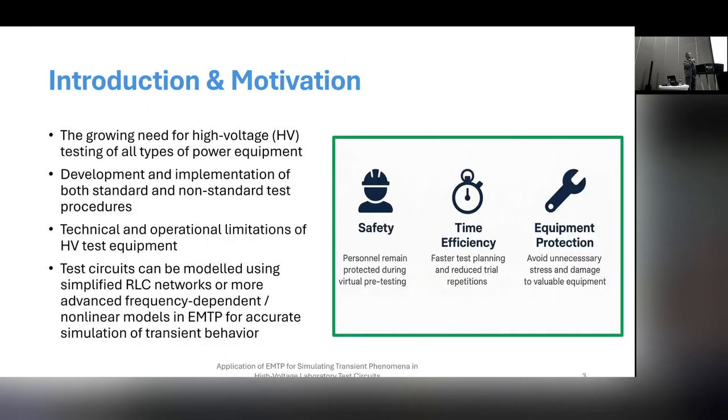Okay, so our goal during laboratory testing, why we do EMTP simulations, first reason is safety. So personnel remain protected during virtual grid testing. We don't perform additional high voltage tests, so safety is one benefit. The other one is time efficiency. We can plan the tests faster, and we can reduce trial repetitions inside the high voltage laboratory, and also equipment protection. So by using these simulation results, we can avoid unnecessary stress and damage to equipment, which is very expensive